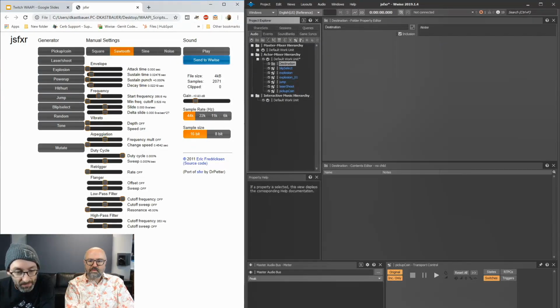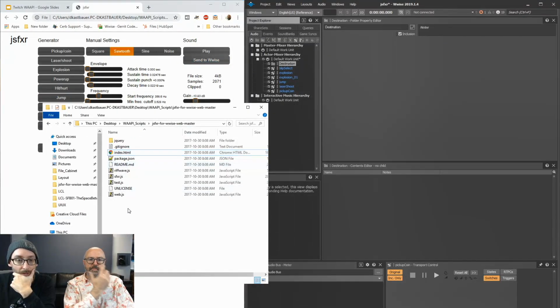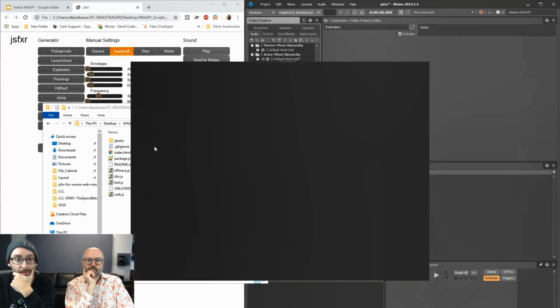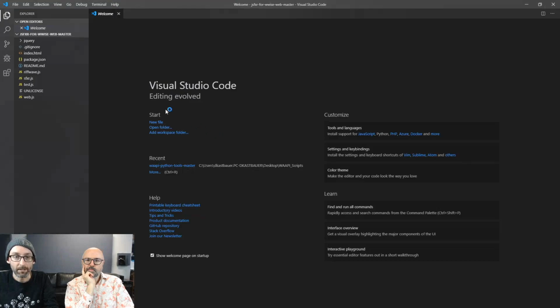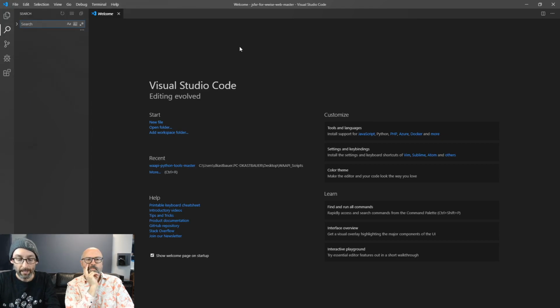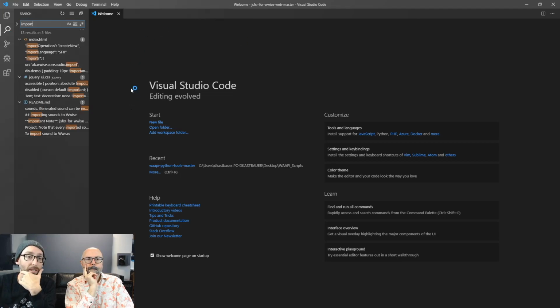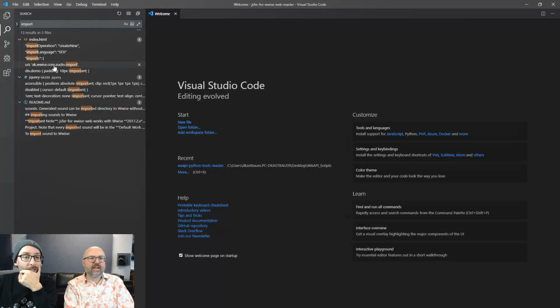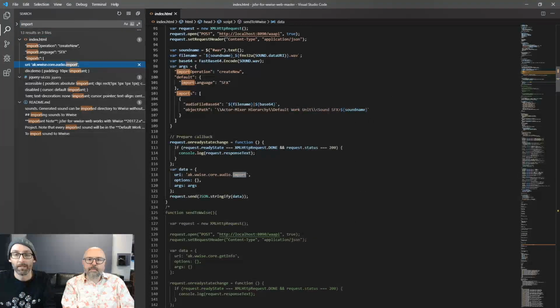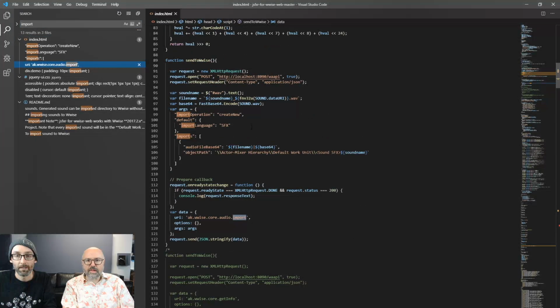Okay, why not? So let's use VS Code for that. Let's zoom a bit. So what we know is it's using the import function of WAAPI. So let's search for import. And VS Code, if you don't know, is just a straight download and a programming environment that covers multiple languages and allows you to navigate text.